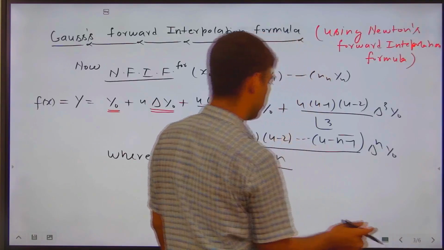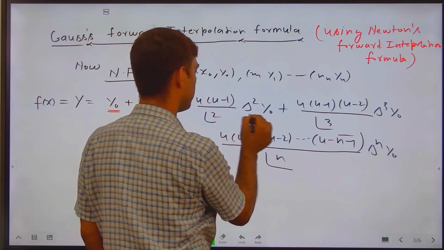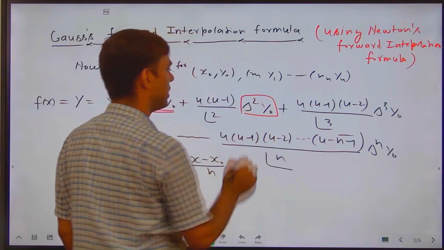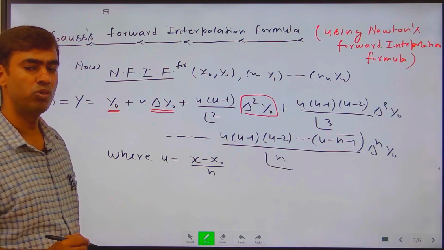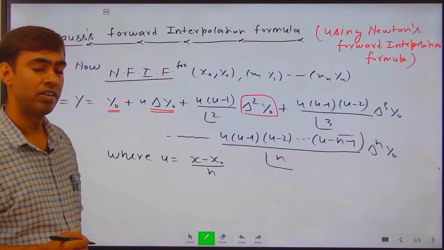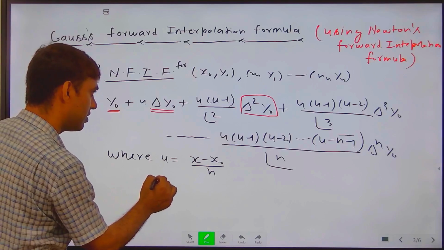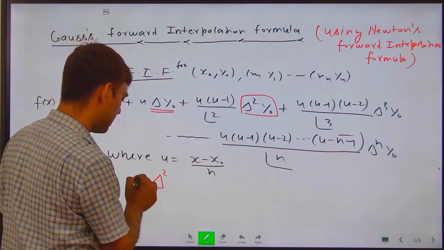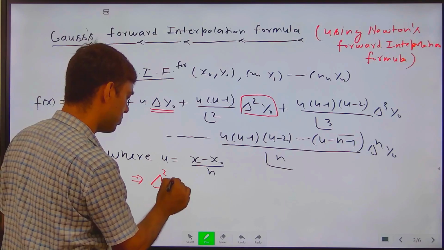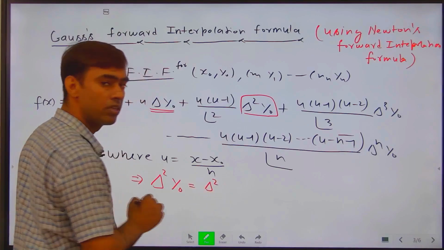So here there is a need to write this term in terms of y minus 1. So how do we write del 2 y0 in terms of del 2 y minus 1? Here we may write del 2 y0 as